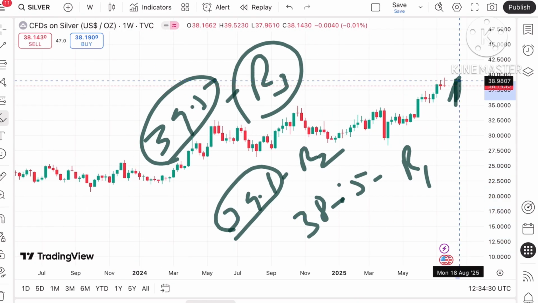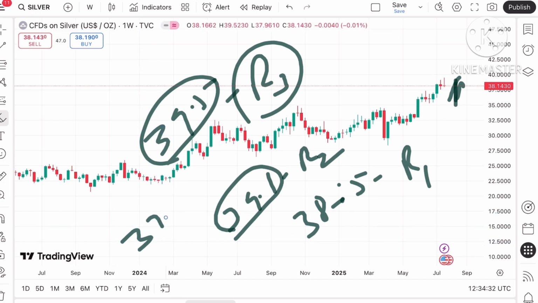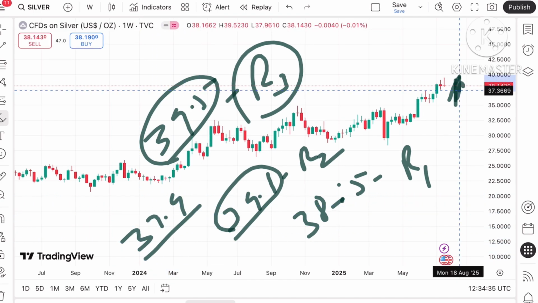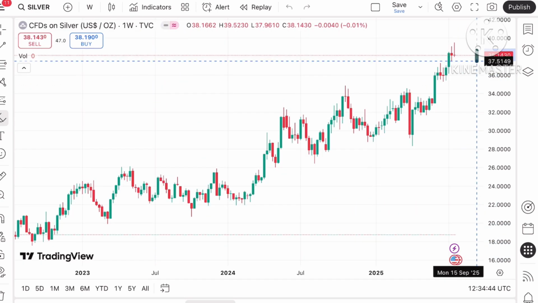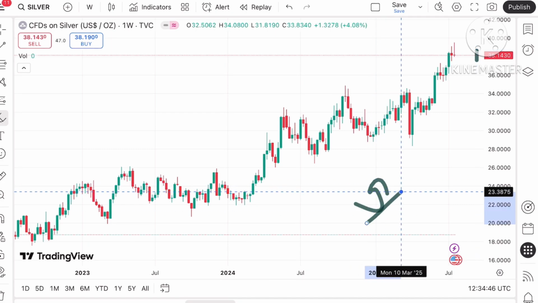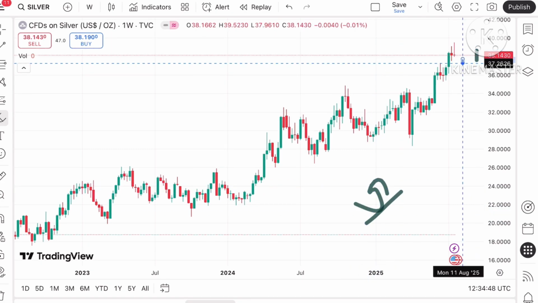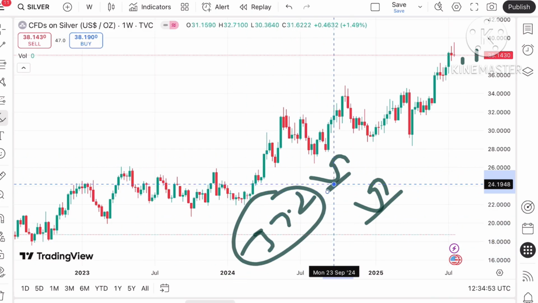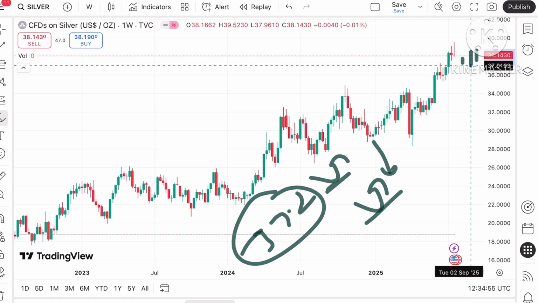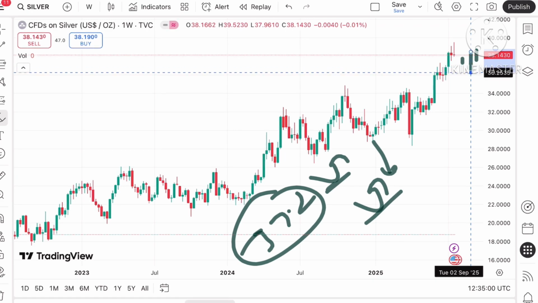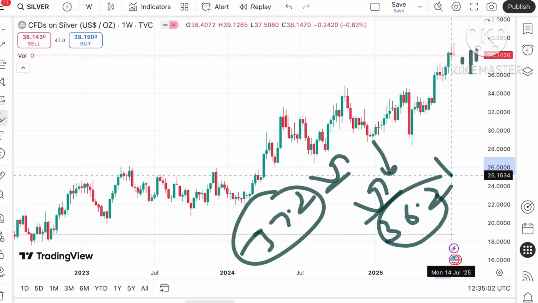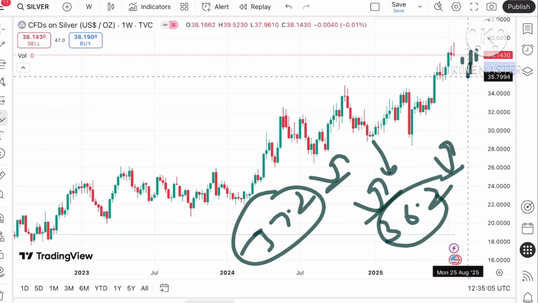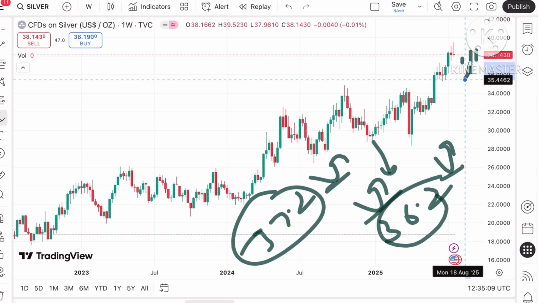But suppose the price doesn't sustain, it can come down towards 37.9, and from there a further fall towards the next support of around 37.4. From there also we can see a bounce back, but if that doesn't sustain, it can touch 37.2. These two levels we can see a bounce back, but if that doesn't sustain, a further downfall can be seen towards 37, then 36.9, and from there 36.2. This is also a bounce back level, but if that doesn't sustain, a further downfall can be seen towards 36, and from there $35.4,